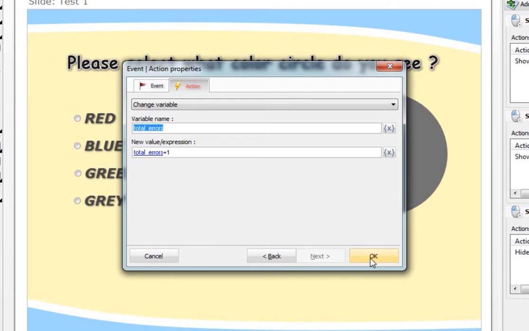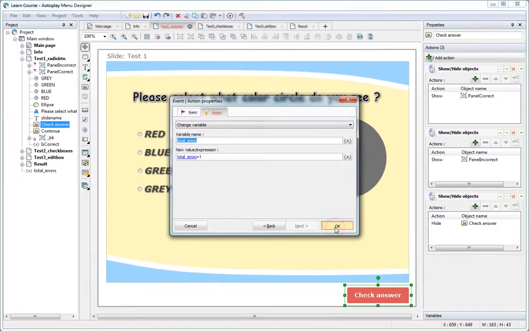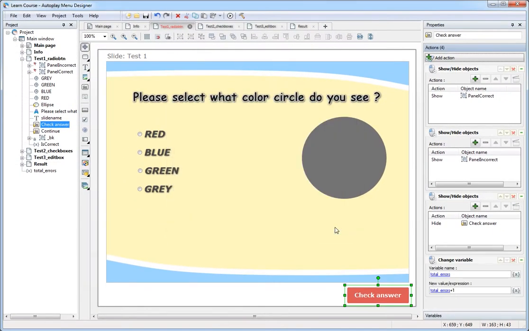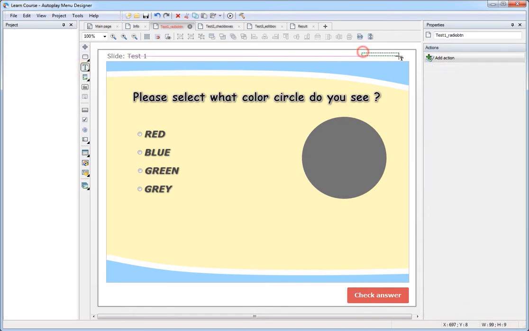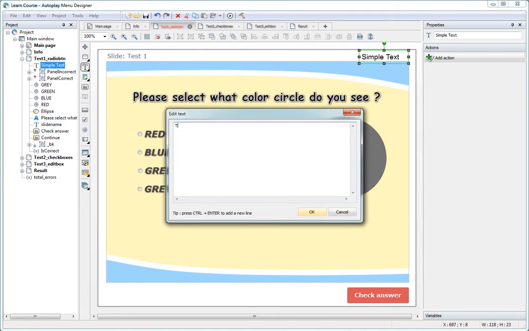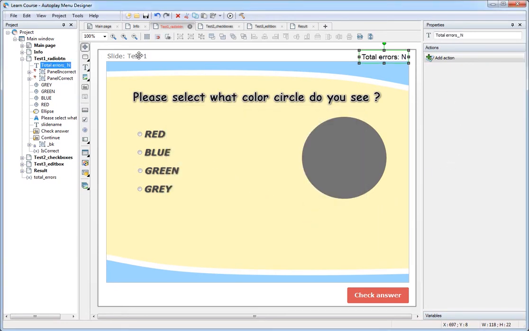Now let's show the current value of the total_errors variable. To do this, add a simple text object to the page, format the text, and go to the Variables section on the Properties panel.